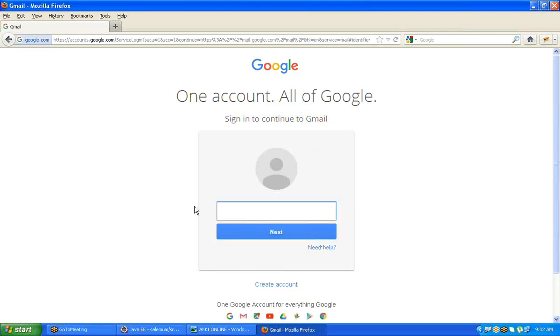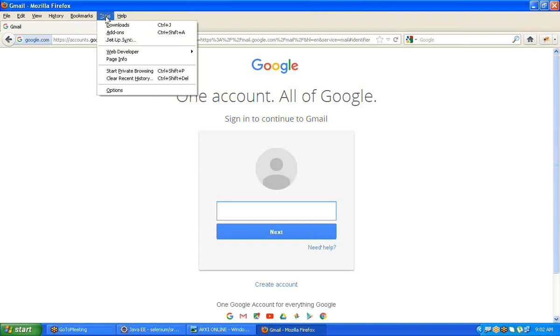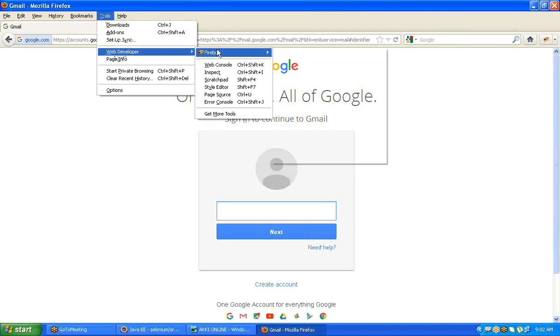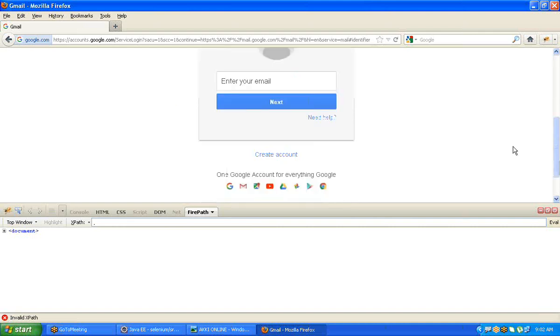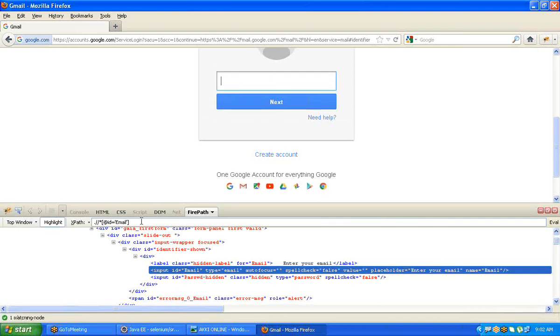Go to tools, web developer, Firebug, open Firebug. I want to take the username of the email. So activate it and click on it. This is the username XPath.